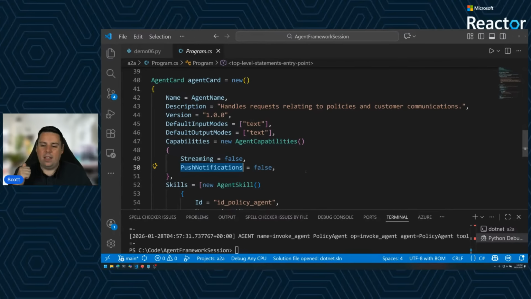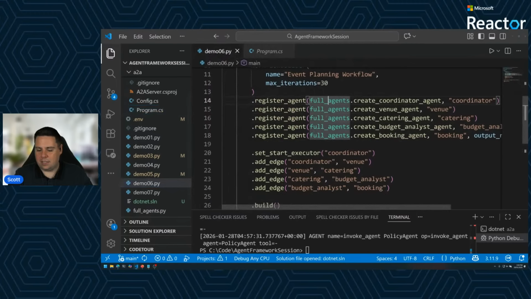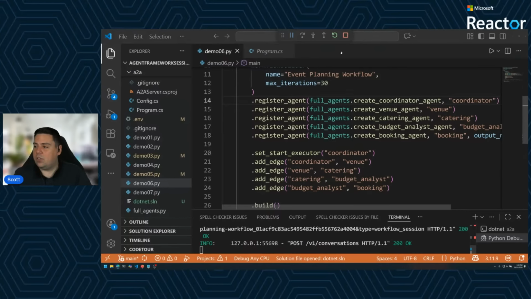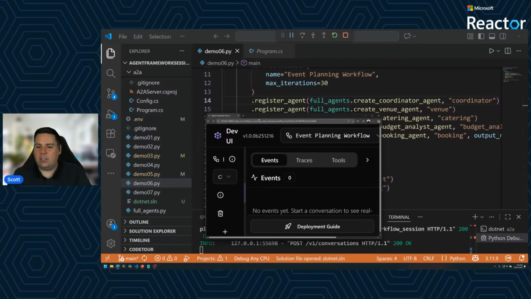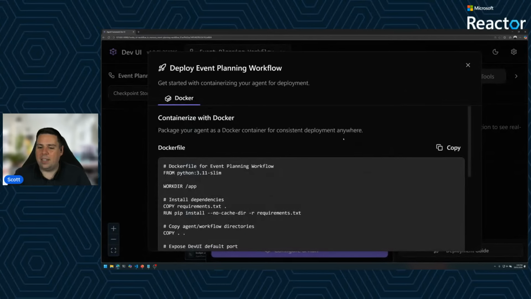All right. The last thing I wanted to mention, and we'd actually jump back to the dev UI for this. Let's jump across to here and launch this up again, is that the Microsoft Agent Framework isn't just around building agents and composing agents as part of workflows. It actually has opinionated methods when it comes to session and memory, and also the ability to deploy. So you'll note here inside the dev UI, there's actually a button down the bottom right-hand corner called Deployment Guide. And if we open this up, it'll give you a best practices approach to how we begin to actually wrap this agent together and deploy it.